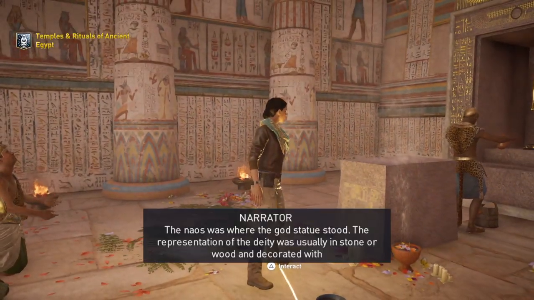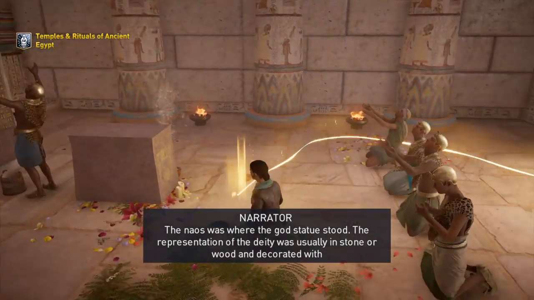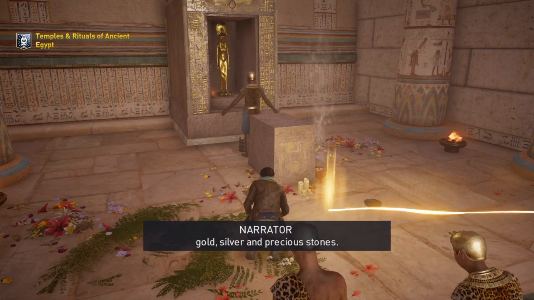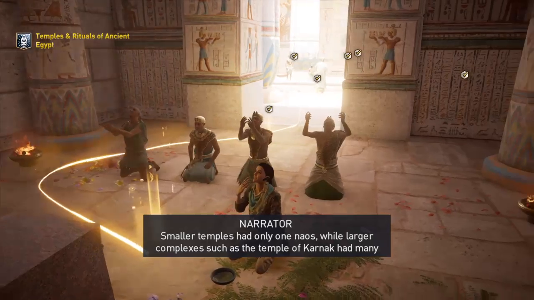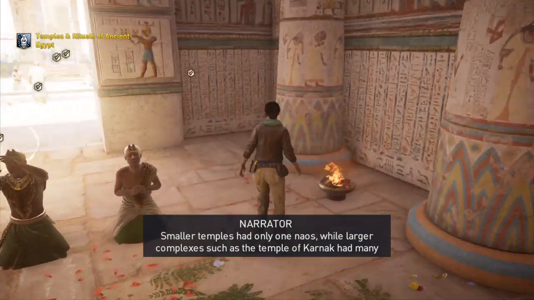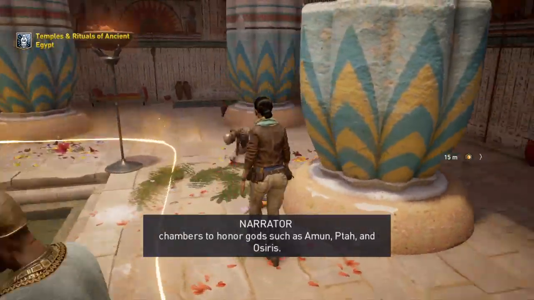The naos was where the god statue stood. The representation of the deity was usually in stone or wood and decorated with gold, silver, and precious stones. Smaller temples had only one naos, while larger complexes, such as the Temple of Karnak, had many chambers to honor gods, such as Amun, Ptah, and